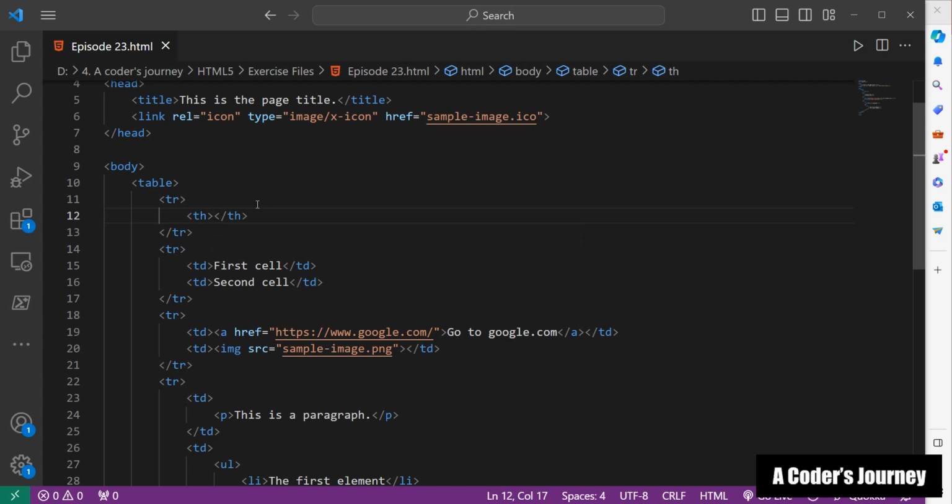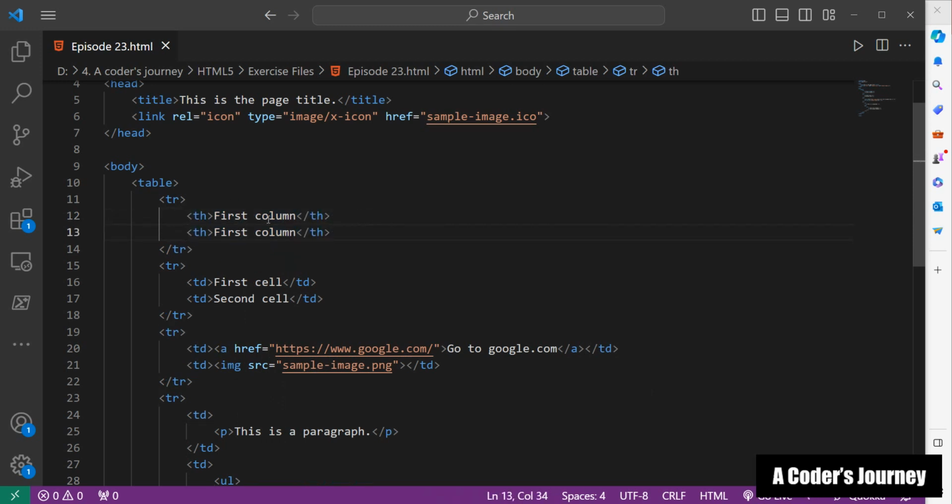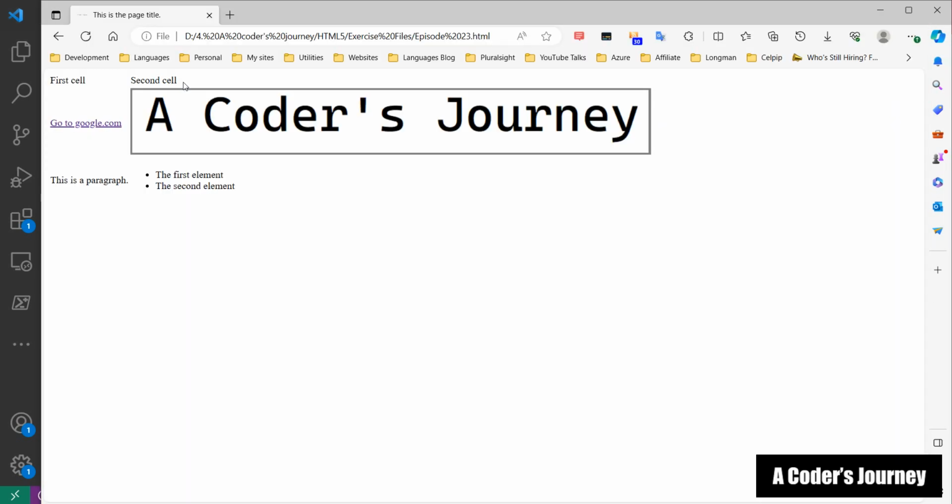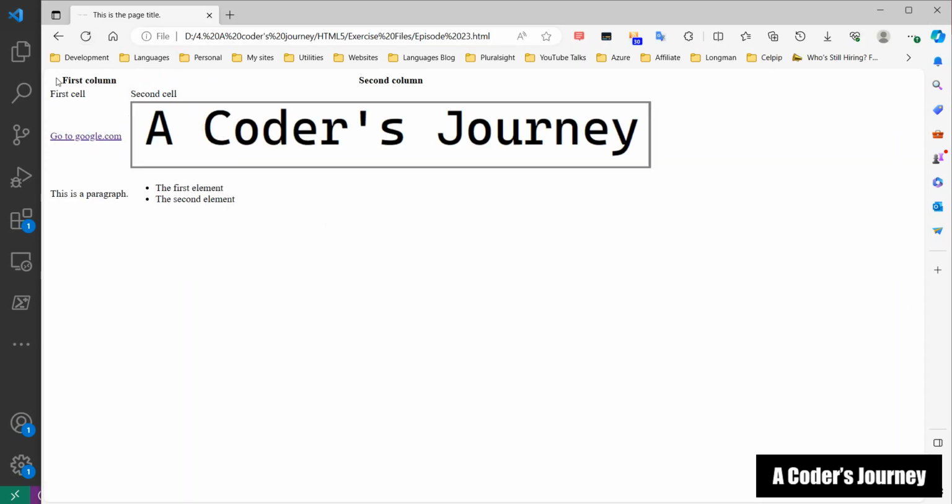And then, for example, here you can say first column, right? And then of course you can use CSS to format this as well, but I'm gonna save this file. I'm gonna come here. The styling of the browser itself, right? It is showing the columns in a certain way, in a bold-faced way, to show us that